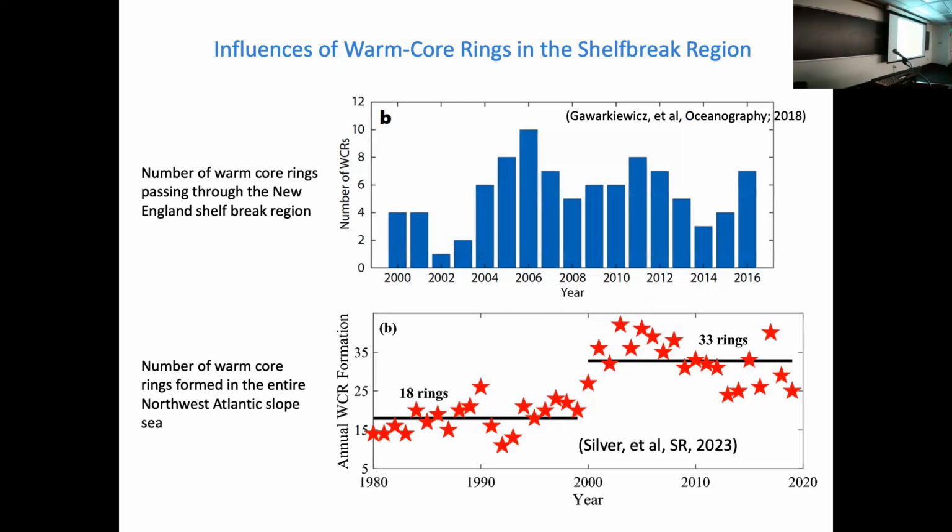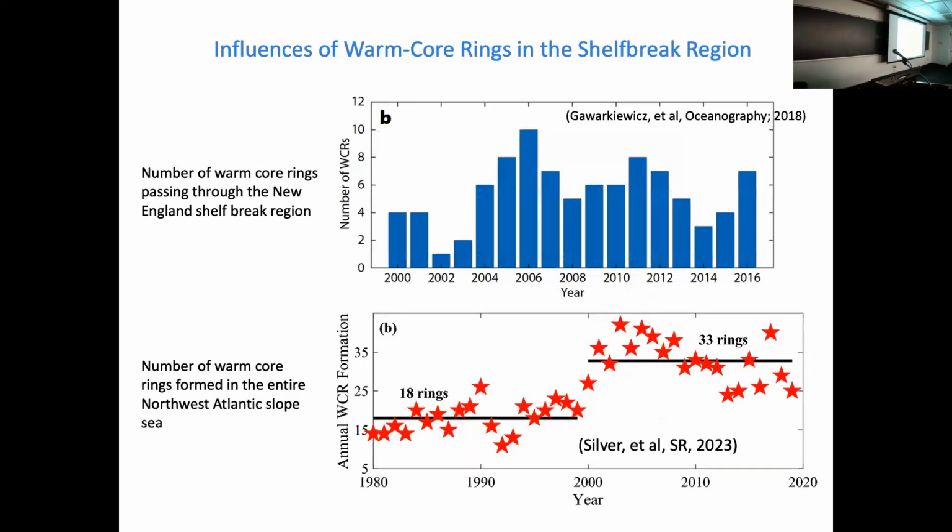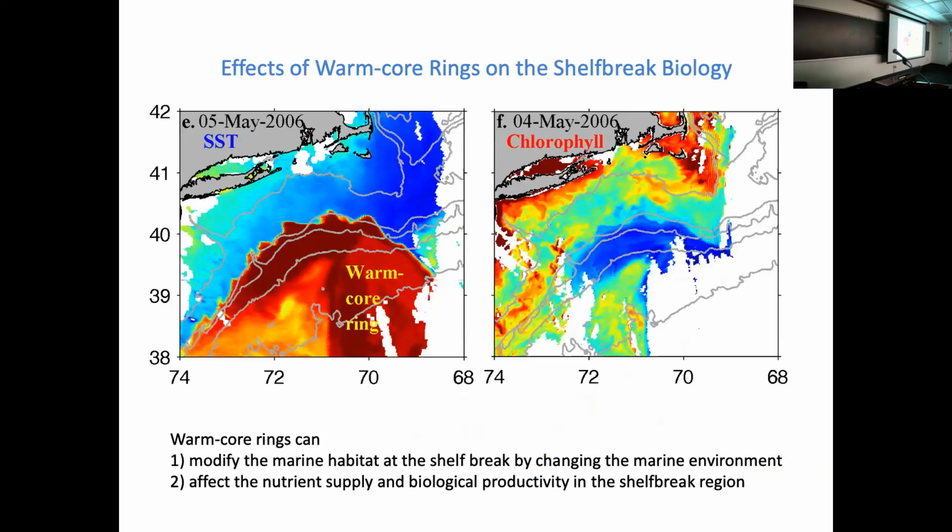This is how many rings in that particular box I drew earlier, and you can see there are some oscillating changes. But then this is the number of warm core rings generated in the entire northwest Atlantic Ocean. You can see there is some general increase happening around 2000. So if more rings are being generated, there may be more impact of this mesoscale process on the cross-shelf exchange, right? So when the ring impinges on the shelf break, it can dramatically change the local